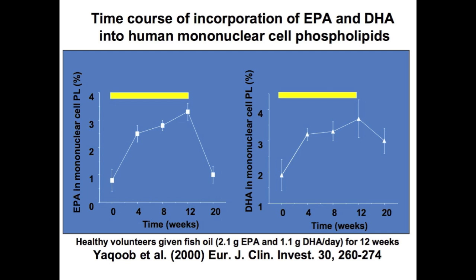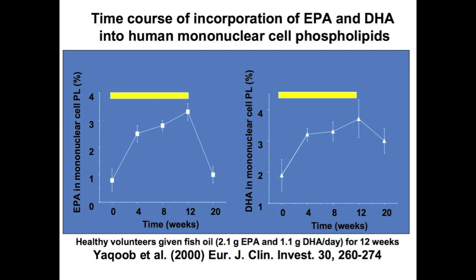Then we stopped, and 8 weeks later, went back, and EPA had returned to where it started. So EPA gets in when people increase their intake, and it comes back out again when they stop their intake. If you want to think of it simply, you can't eat salmon regularly for 6 weeks and then stop and expect to keep getting the benefit. You can't take an omega-3 supplement every day for 8 weeks and then stop and think I'm still going to get the benefit.